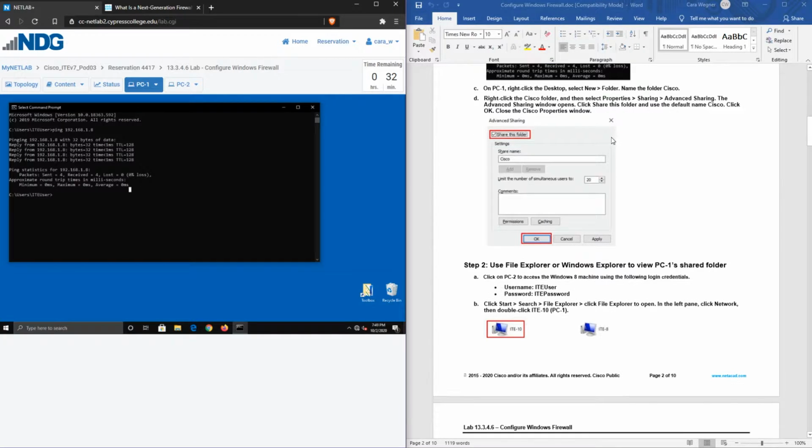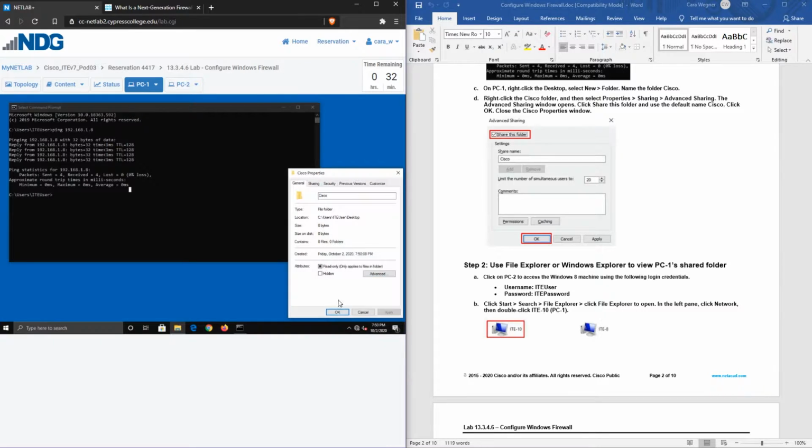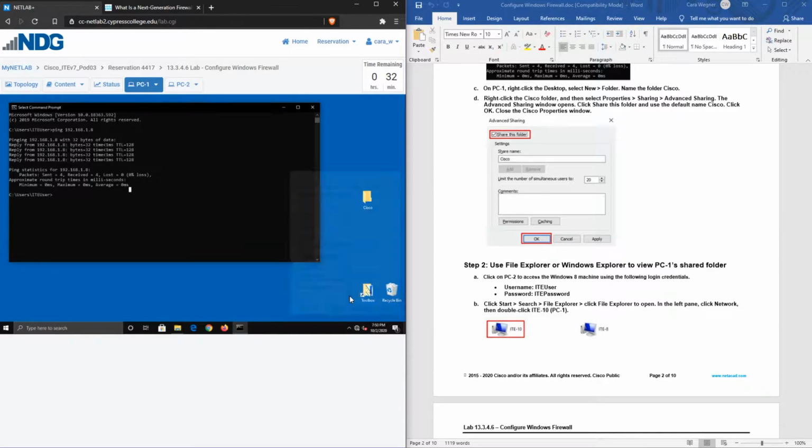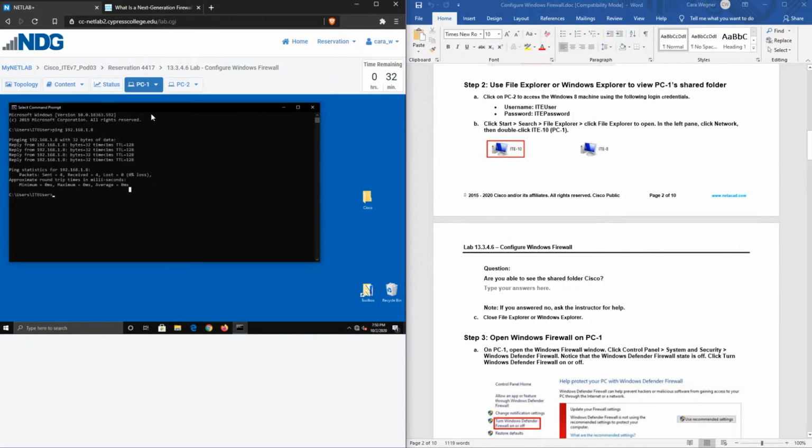Okay, so next, this was more a demonstration to show you that you can ping, that something's there and it's listening and responding. Another quick demonstration: we'll create a folder on the desktop and name it Cisco. We will right-click Cisco, go to Properties, Sharing, Advanced Sharing, and share this folder. So what we're doing is configuring this folder to be shared across the network. So other devices on the network, for example, PC2,